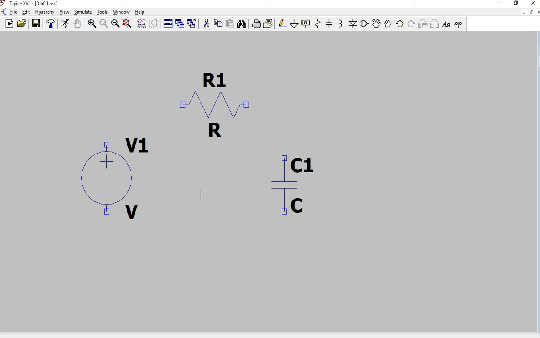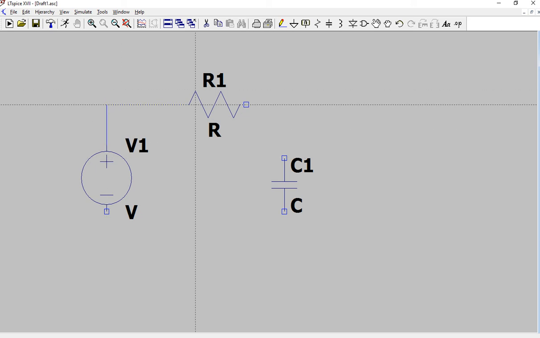The next step is to connect all these circuit elements. We need a wire to connect the components or the circuit elements. So I click on wire. You will see a marker is coming. I'll click on this node, go up, click again, come right, click again.